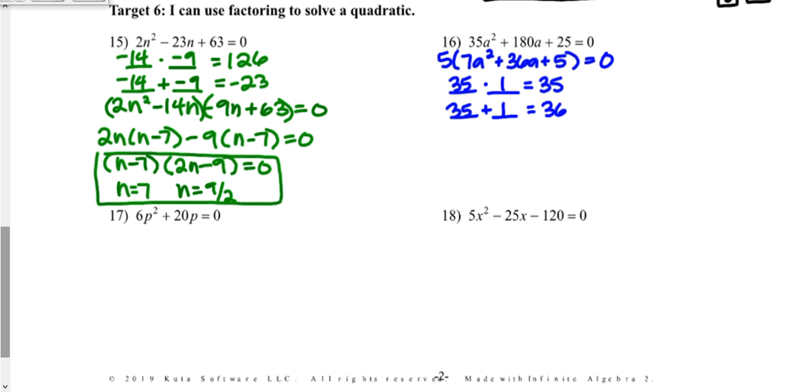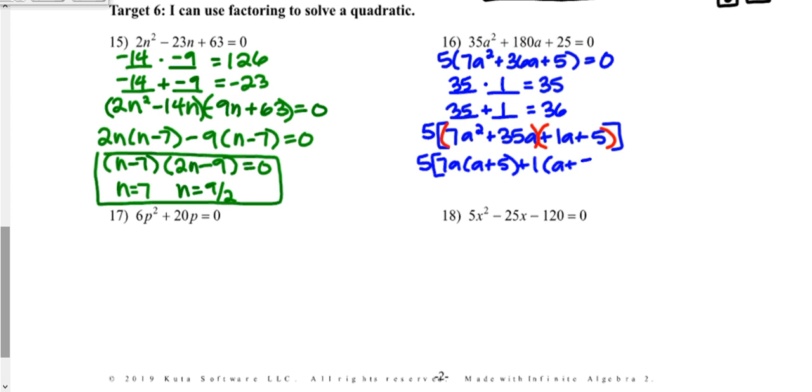So I'm going to rewrite my quadratic. So 5, and I have 7a squared plus 35a plus 1a plus 5. And then I'm going to take a moment and go ahead and group the first two and last two. And then I'm going to look for a common factor. So the common factor in the first group is 7a, leaving me with a plus 5. In the last group, it would just be a 1, again leaving me with a plus 5, so that means